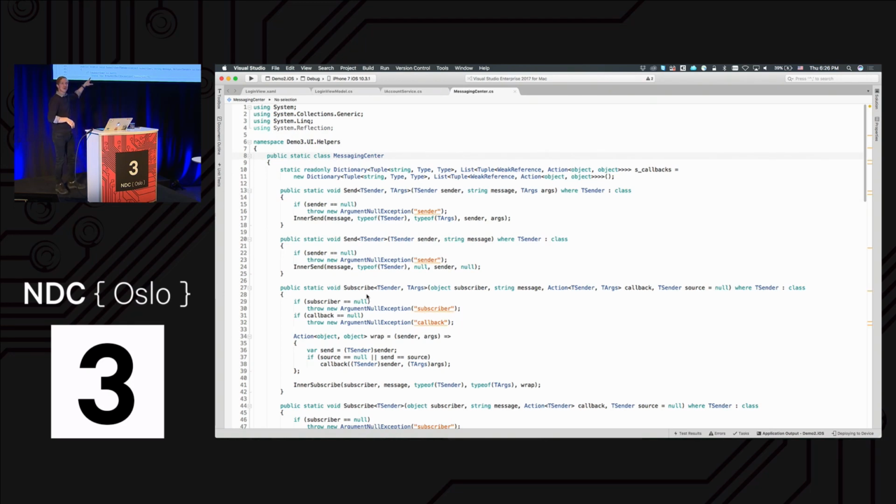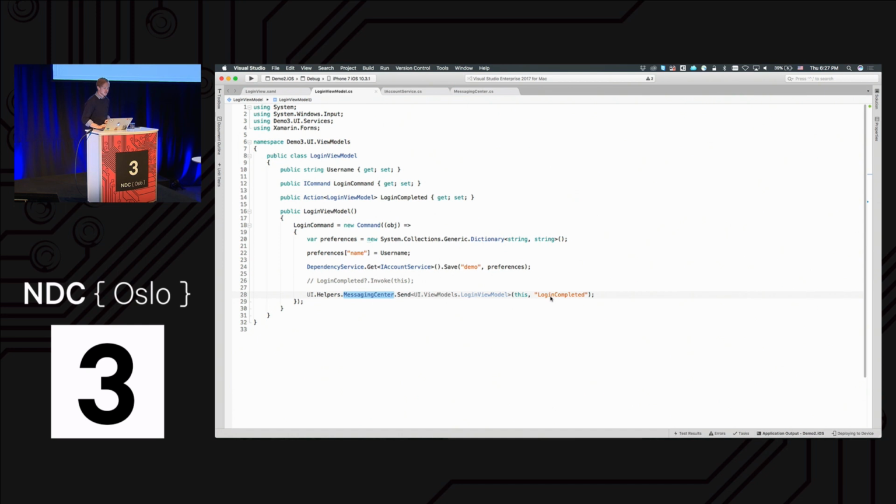We don't have to go through the code here, but this is simply allowing me to send messages to whoever subscribes to a message. Pretty simple. So I'm saying here, send a message from the login view model, and then we send the event login completed. And then if we take a look at what we have in the Android project,